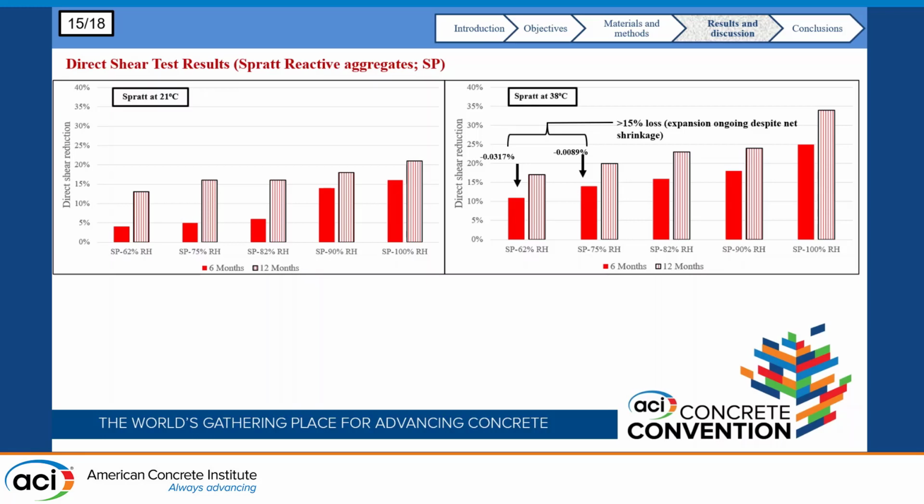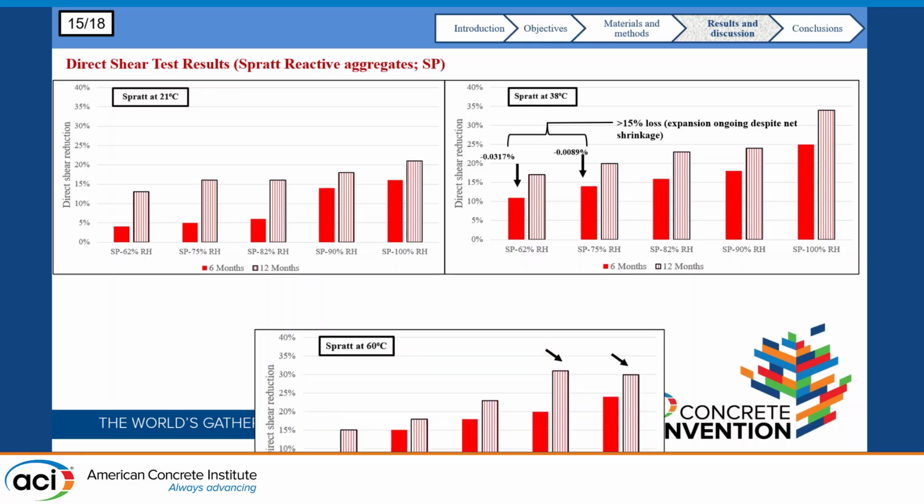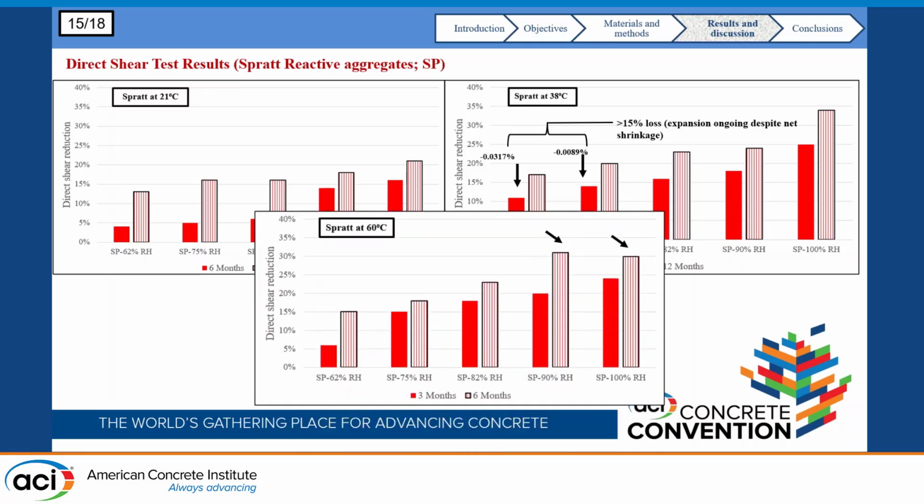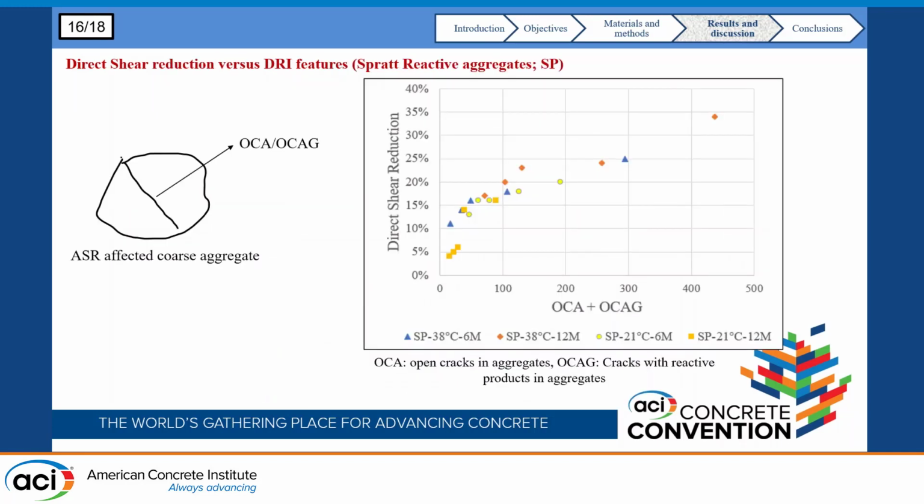However, the drying shrinkage is the leading mechanism at this point. Finally, at 60 degrees Celsius, the direct shear loss, especially at 90 and 100%, replicates what we had in the expansion and DRI results. Now, we decided to plot a graph that can be used to relate a mechanical